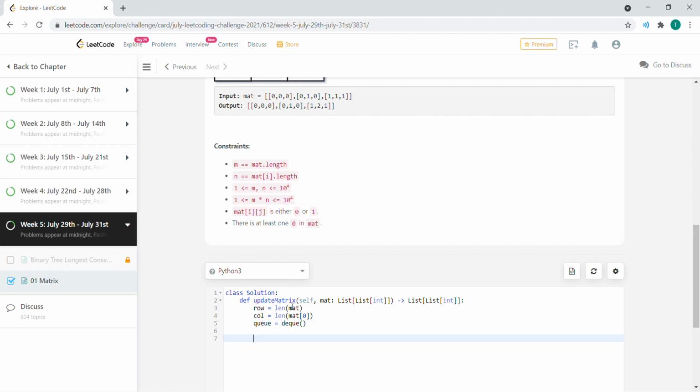And then after that, we want to iterate through our rows, and nested rows and columns, and then we're going to find each matrix index i, j location that is equal to 0. Then we're going to store that into a queue. Let's do that. For i in range of row,